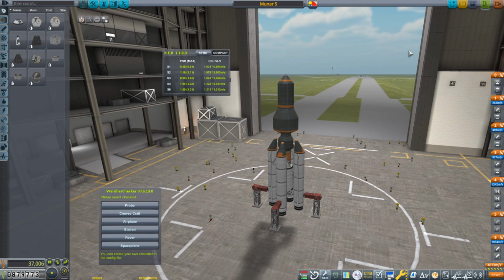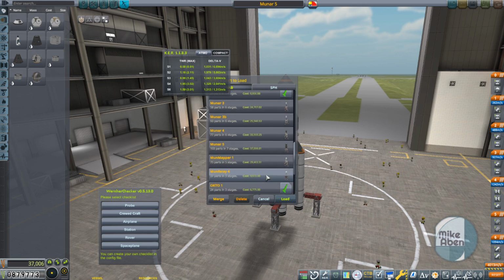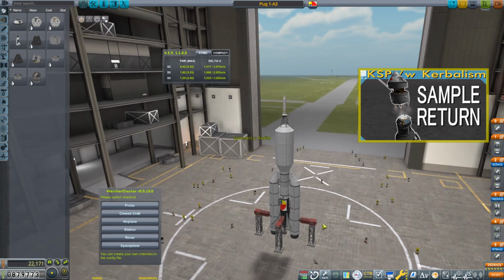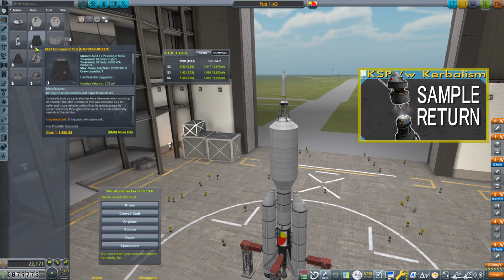So here we have, this is Lunar 5. I don't care about Lunar 5. What I care about is the Pug 1-A3. That is what I care about. This is the vessel that's been taking my Kerbals up into orbit, but I now do have better command pods